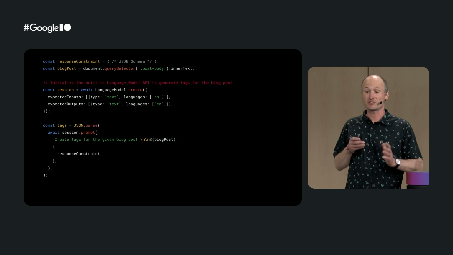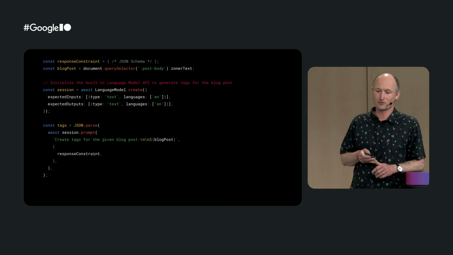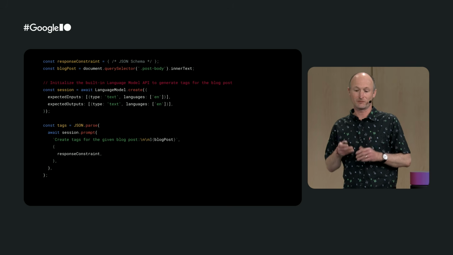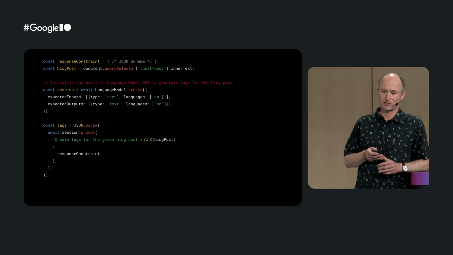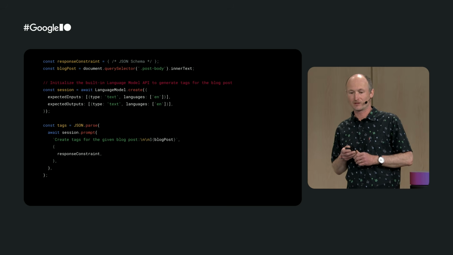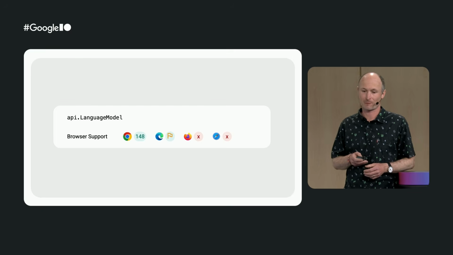We pass the model the JSON schema as the response constraint option. This causes it to return the result in exactly the shape of the JSON object, so we need to parse it using JSON.parse. Now we can display the tags in the editor. Of course, the user can add additional ones or delete ill-fitting ones.